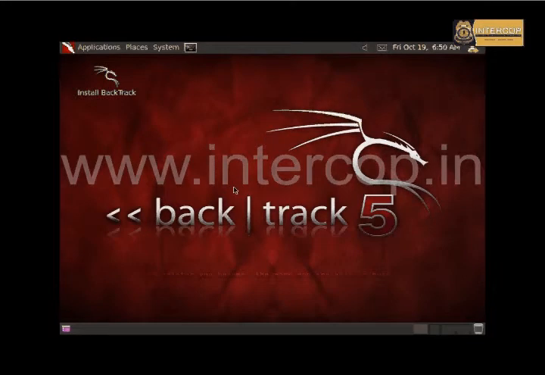And there we go, we have got the Backtrack desktop. Here we are still running on the Backtrack live DVD. That means if you make any setting changes or any new installation of new software, it will not be permanently stored. To make sure the data is permanently stored, we're going to install Backtrack now by double clicking on Backtrack,